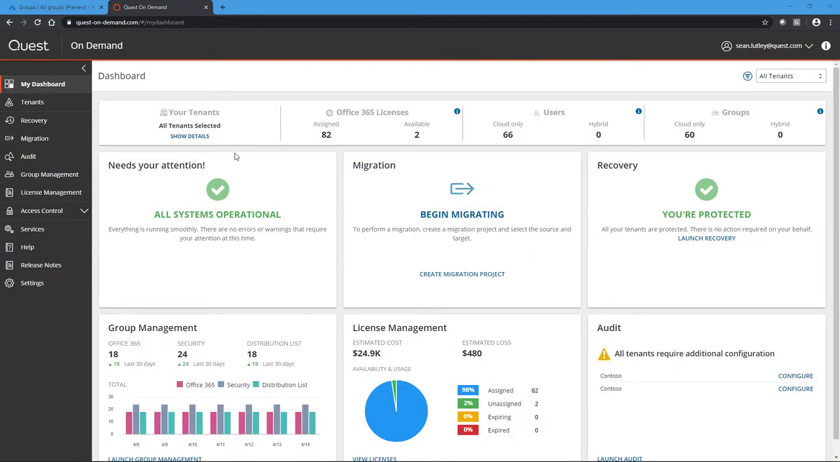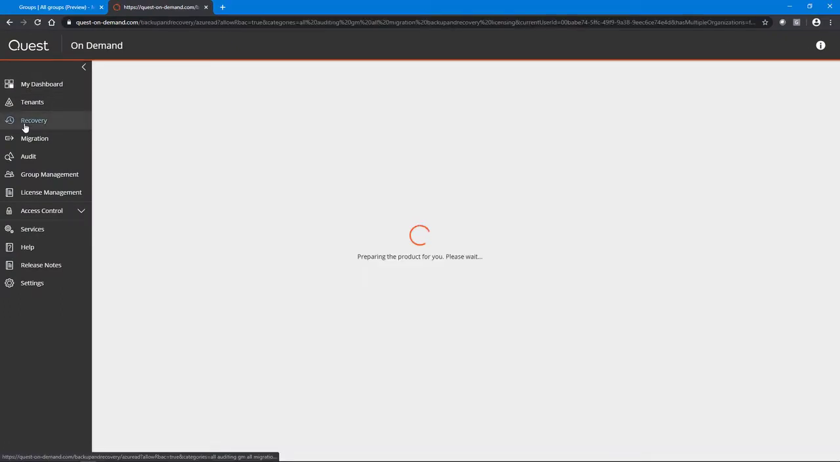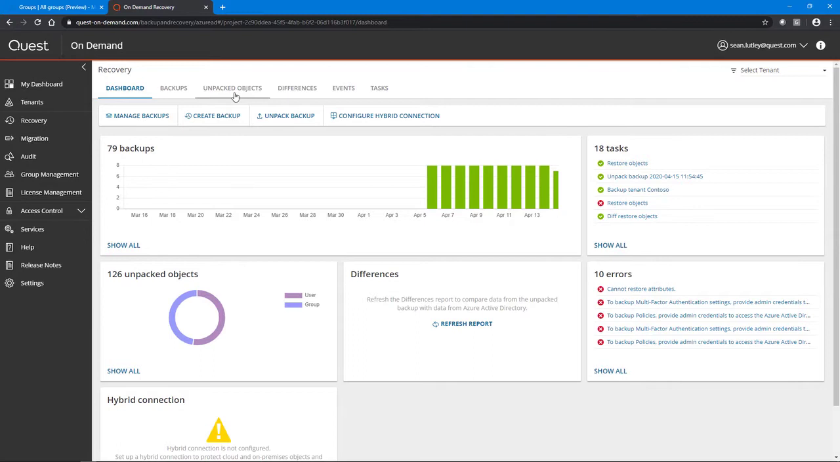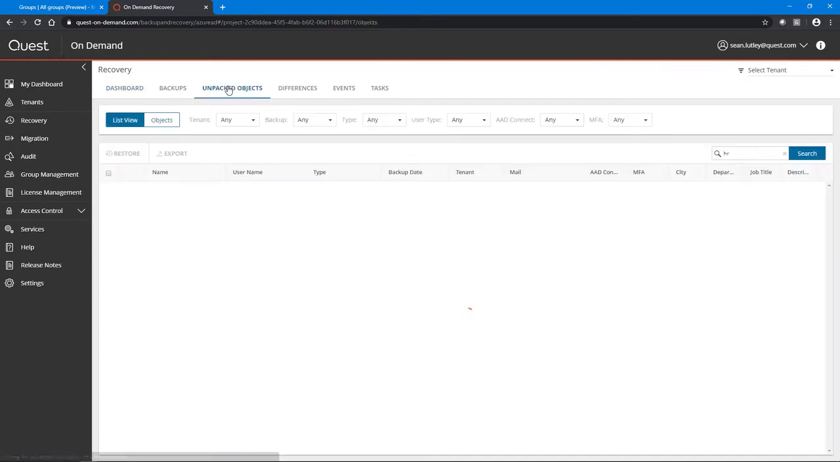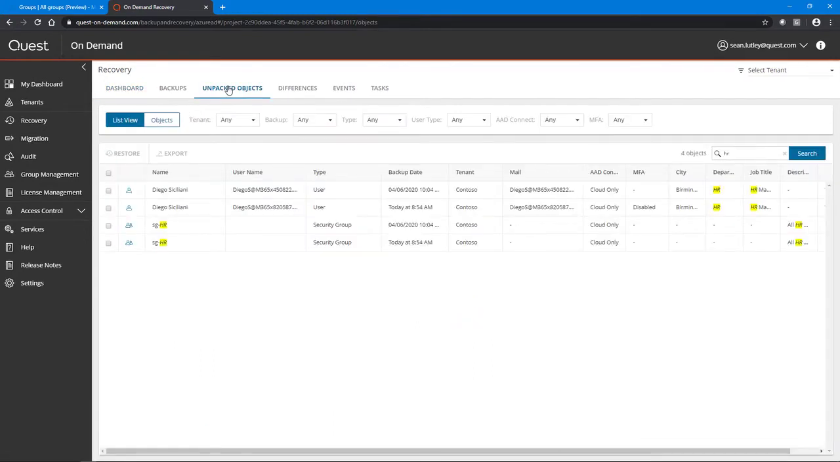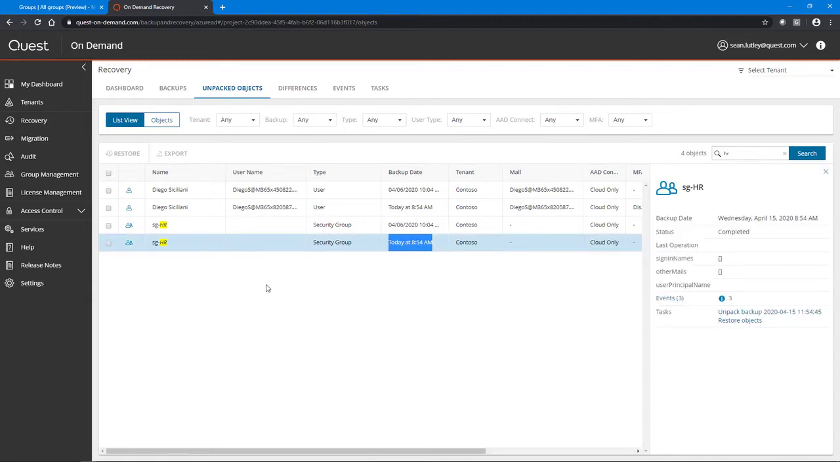So from my dashboard, I'm going to click on the recovery service. Earlier today I created a backup and unpacked it, so we're going to go to Unpack Backups, and over on the right I did a search earlier for HR, and as you can see under Backup Date, the date was today. So we're going to use this one for the restore, but first we're going to go to Azure Active